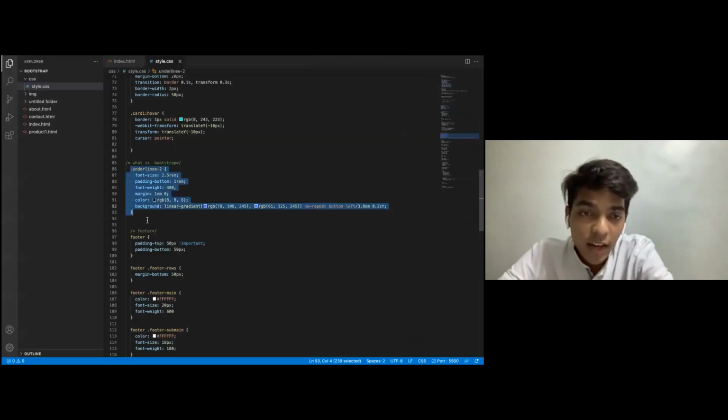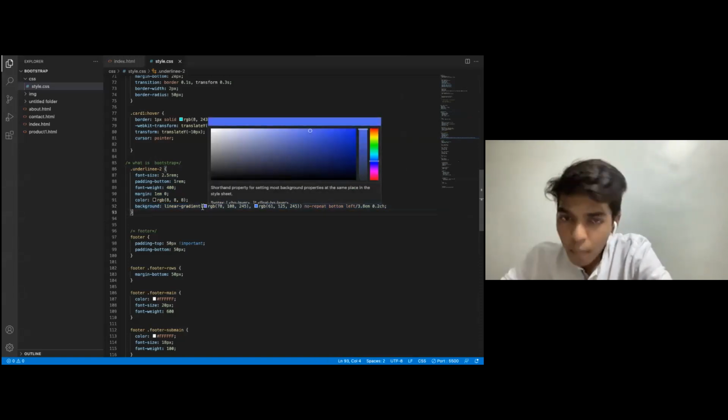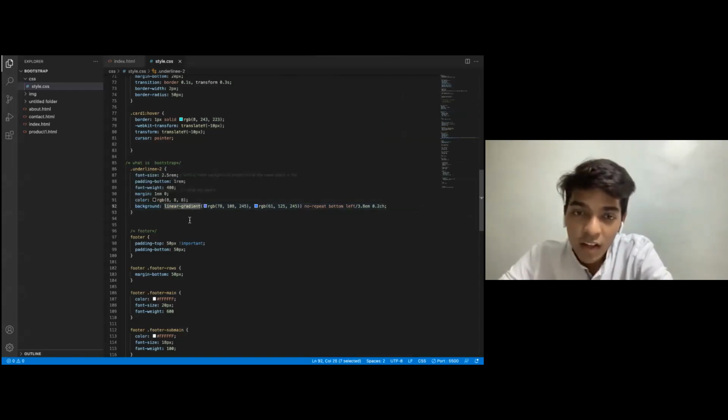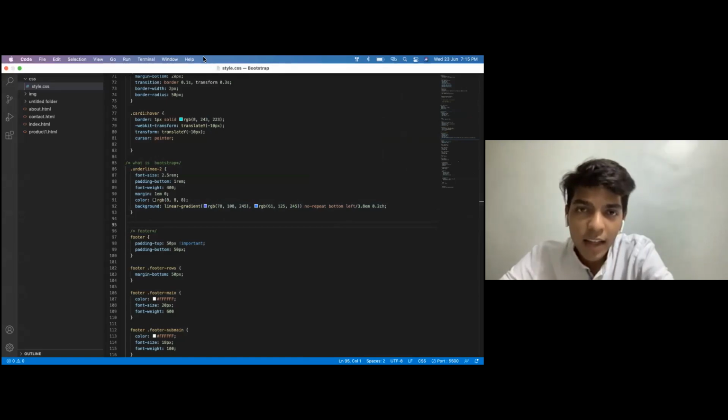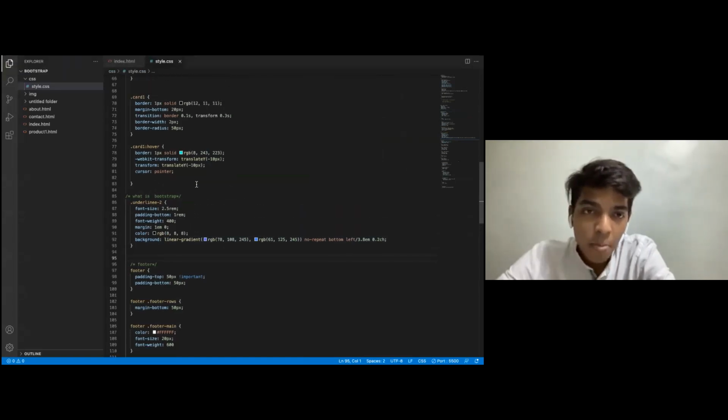So there is an underline, and this is the background that I'm using. Linear gradient means a line that I want to place, and linear gradient is something that I'm using because I want two types of color in that part, and there should be no repeat in the bottom left. This is also something that I have used. It is no compulsion that you have to install or place an underline. That is just for my sake.